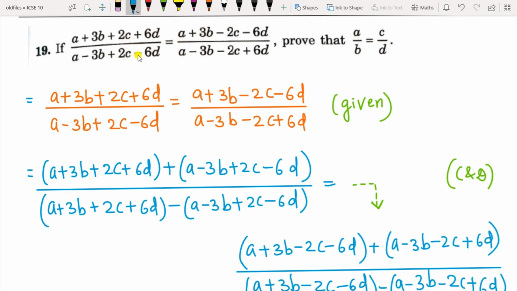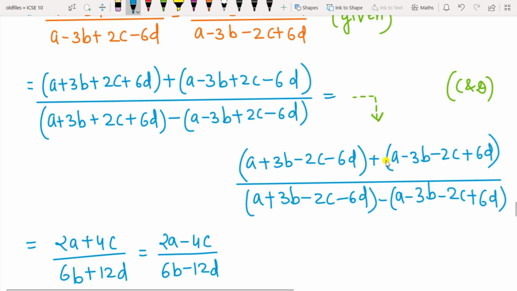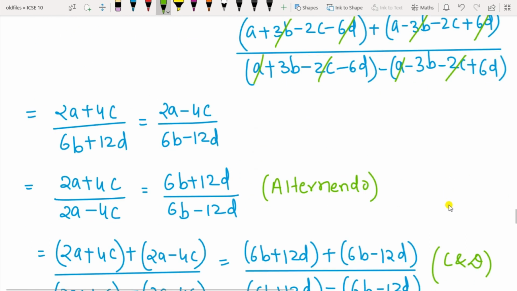And these two ratios have been given as equal. You have to prove that a by b equal to c by d. So this is the given thing. Apply the componendo and dividendo pattern here. This is all one thing only. Now from this side 3b will get cancelled, and 6d will get cancelled, and from this a will get cancelled and c will get cancelled. From this side b will get cancelled, here d, and in this case it is a and it is c. So these are the remaining things.